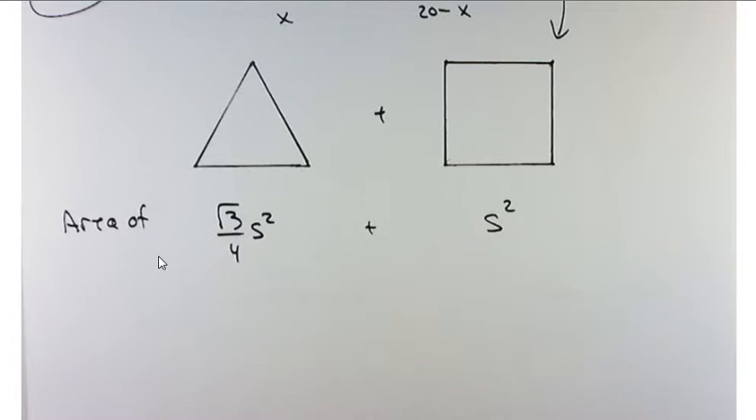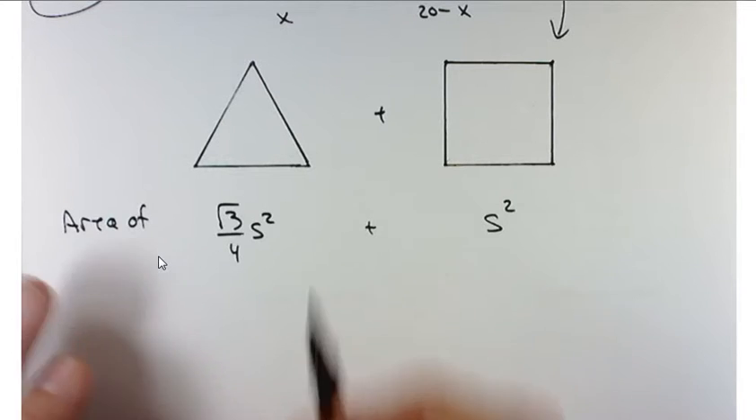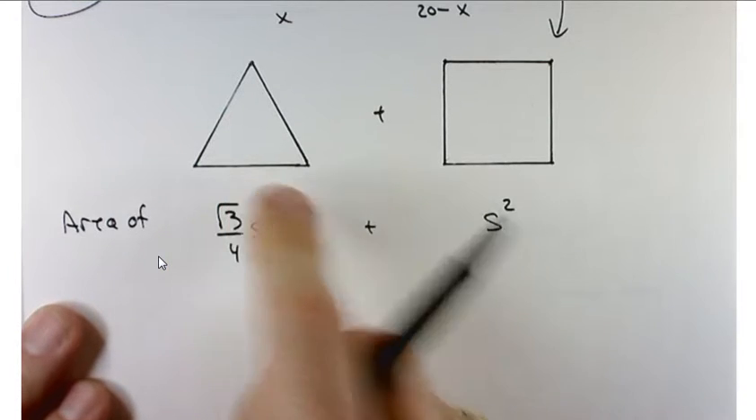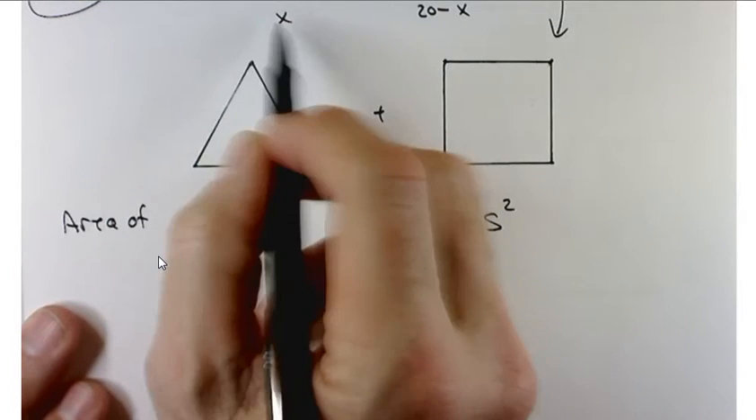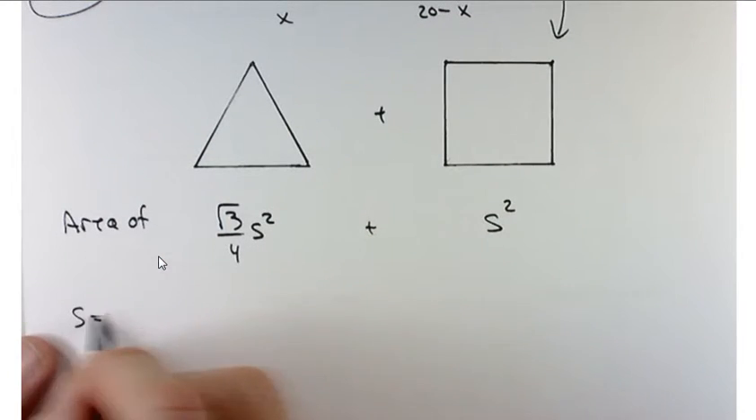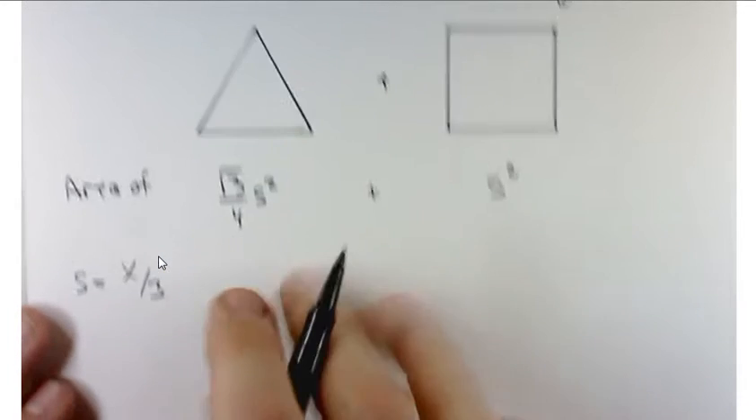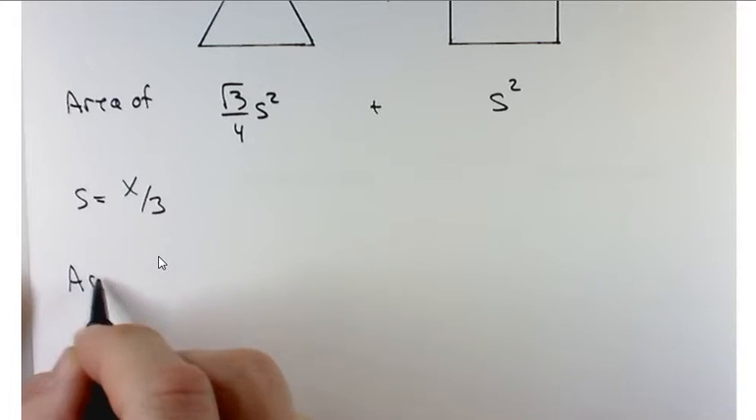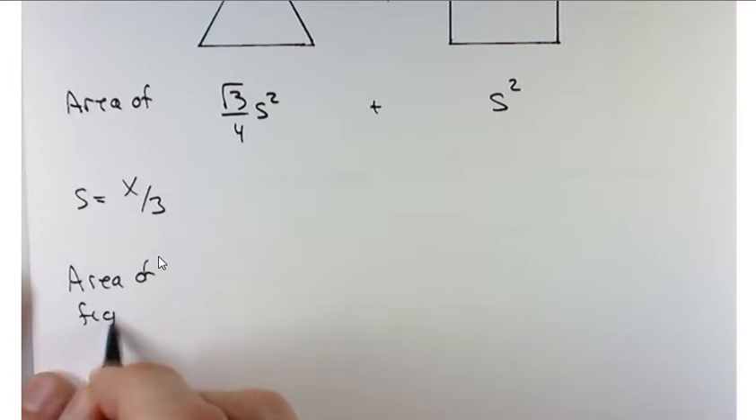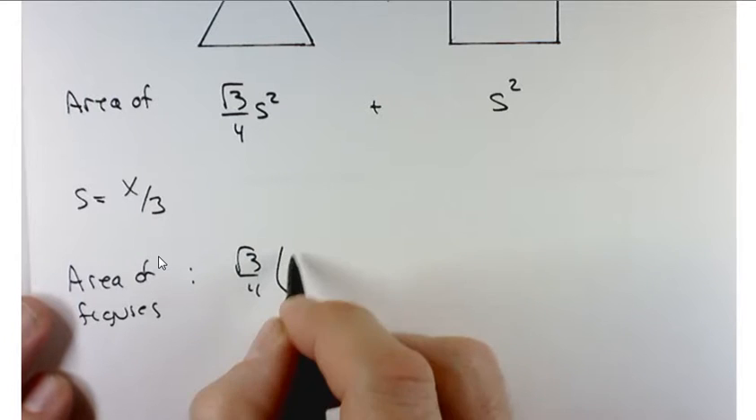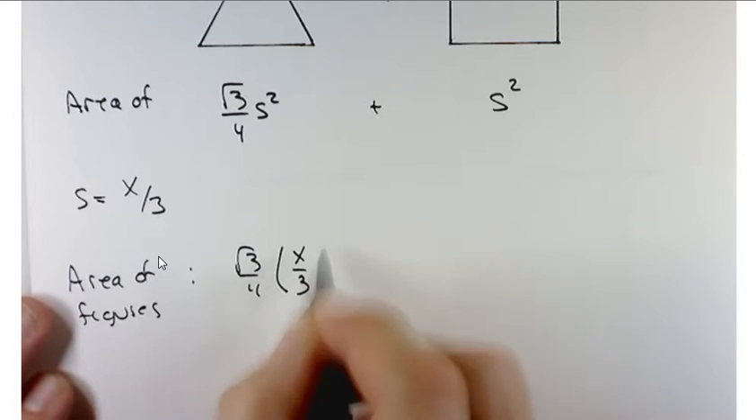Now we're using, these are actually different s's. So let's figure out what they're going to be for this particular problem. Let's use this to make our triangle. So if we use the length of x for making this triangle, what's the length of each side? So in this case, it'd be x over 3. So the total area of figures is going to be square root of 3 over 4 times x over 3 squared